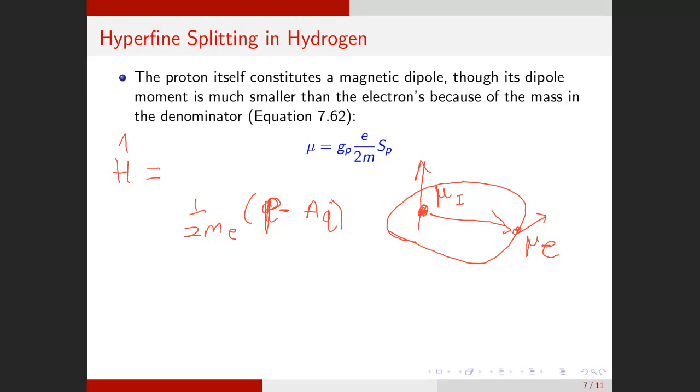This is the usual expression. Maybe I'll ask you to derive this, but let's say that there will be some interaction between M dot B. Now the magnetic moment has its own